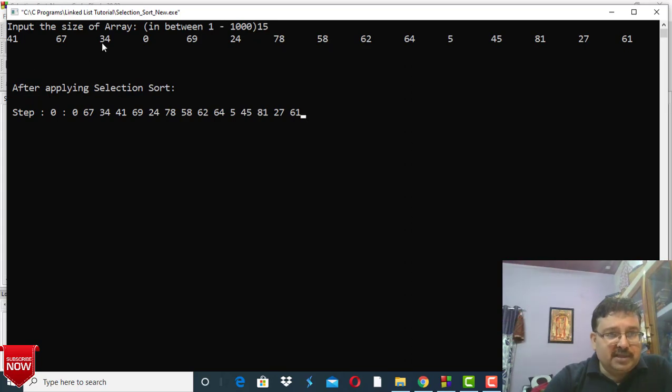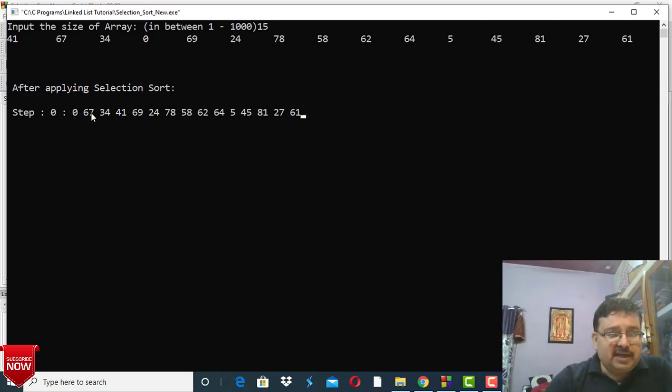Now compare this 31 with the rest of the elements, 0. Now the minimum value is 0. Now compare the 0 value with all other values, and finally we will see 0 is the minimum value. Then 0 is at the 4th position and 41 at the 1st position. As per the index number, there is 0, 1, 2, 3. So index number 3 has the 0 value, and at index 0, the 41 is there. We will swap 41 and 0. 0 will come at this position and 41 at the 4th position. Clear?